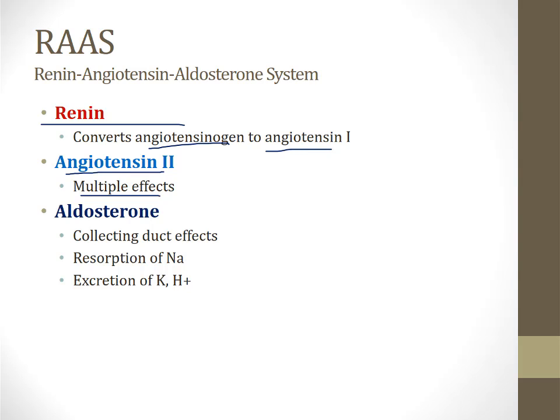And the final substance is aldosterone, which we'll also talk about later. It has effects in the collecting duct of the nephron. It can trigger the resorption of sodium and also the excretion of potassium and hydrogen ions. Next, I'm going to talk about angiotensin 2, and before I get into the specific effects of A2 on the